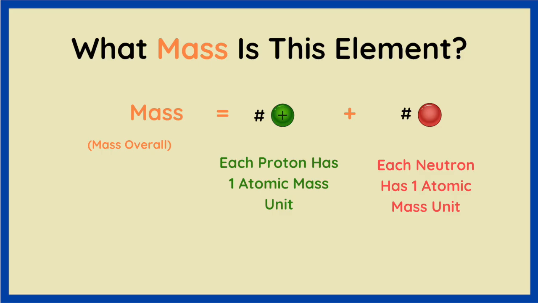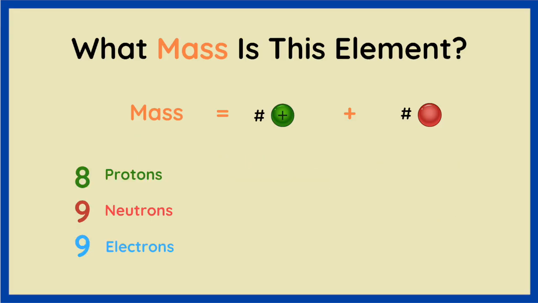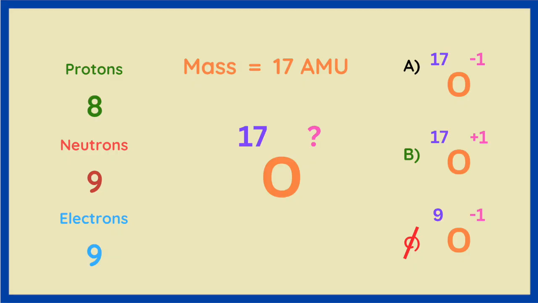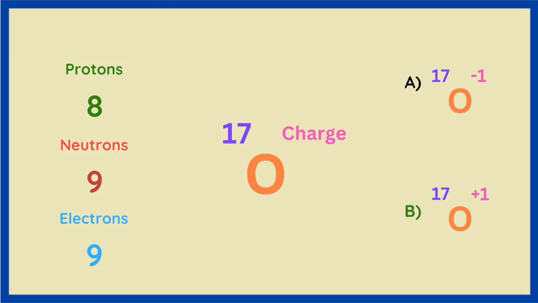That means that the mass of an element is just the sum of the protons and neutrons, because each is exactly 1 AMU. And since our oxygen isotope of interest has 8 protons and 9 neutrons, the total mass is going to be 17 atomic mass units. So our mass number is 17. Notice how we leave off the AMU when we add it to the isotopic notation, and we'll also reject answer choice C. Now we have 2 options left, and charge is the deciding factor, but what exactly is charge, and